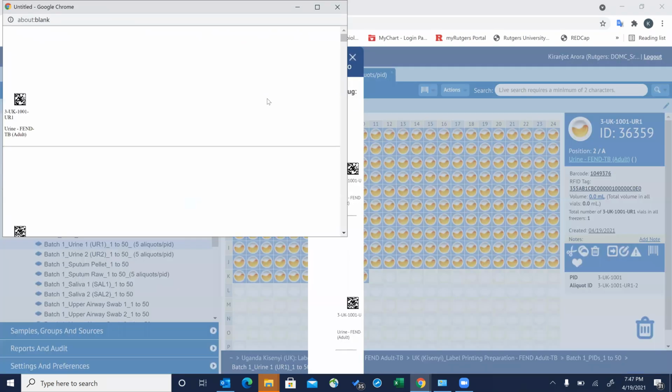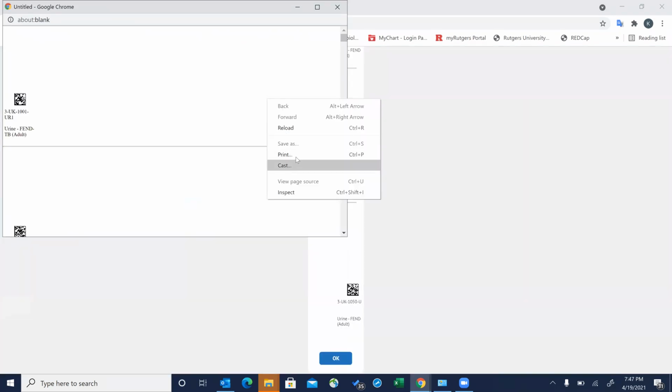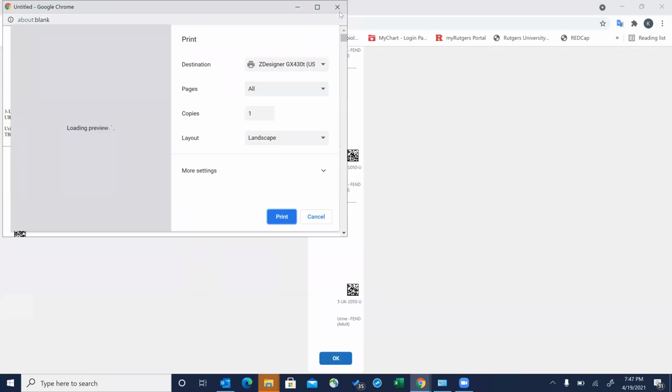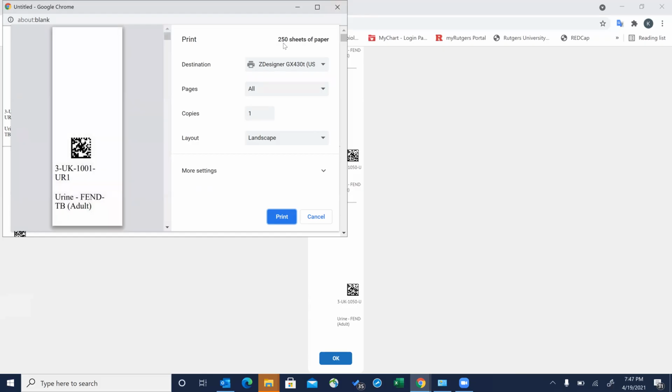Once it opens, right click on the browser, print, select the printer, and then give the print command after checking how many labels you are printing. It's really important to check how many labels you are printing again, because